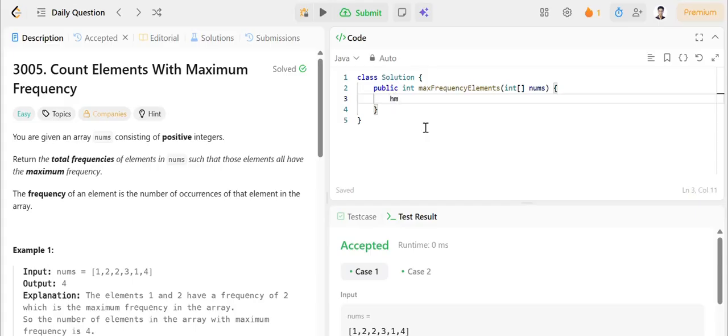So the syntax to declare a hash map is this one, HashMap. Inside we need to send the parameters, nothing but data types. We are going to store both as an integer. Why? Because the elements inside the array are integers and the count which we are getting is also an integer. Let the name of the hash map be hm equal to new HashMap. So we have declared the hash map called hm, which stores integers as keys and